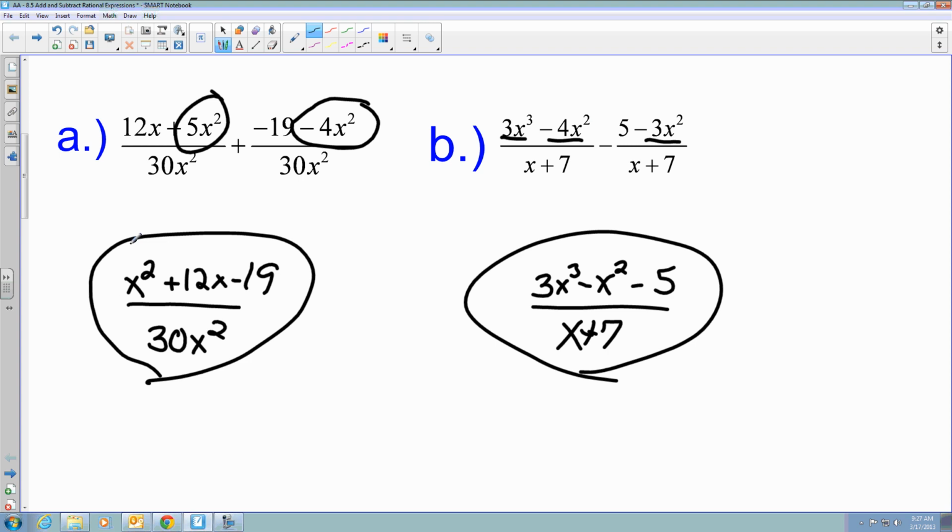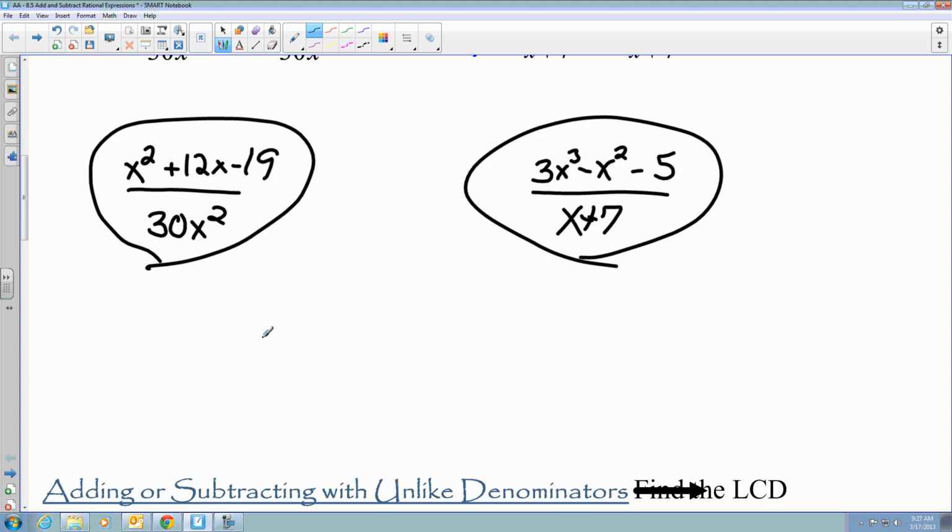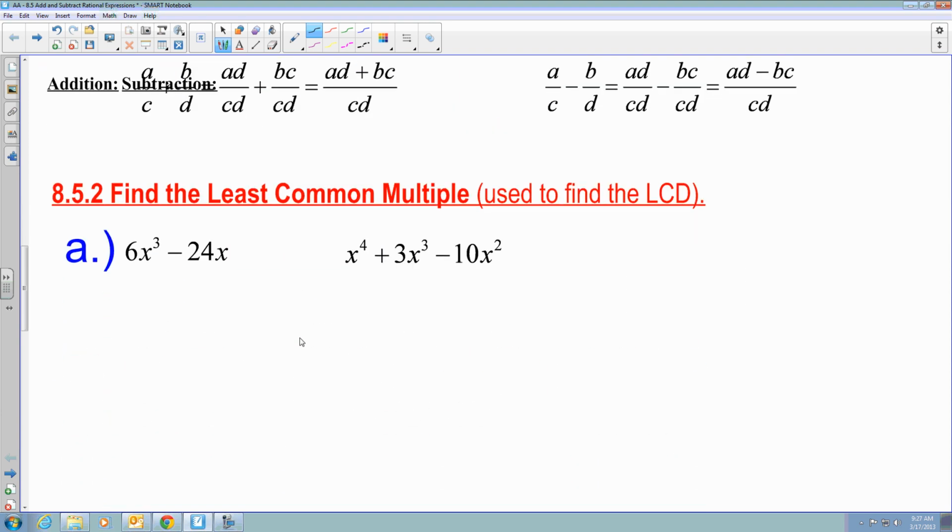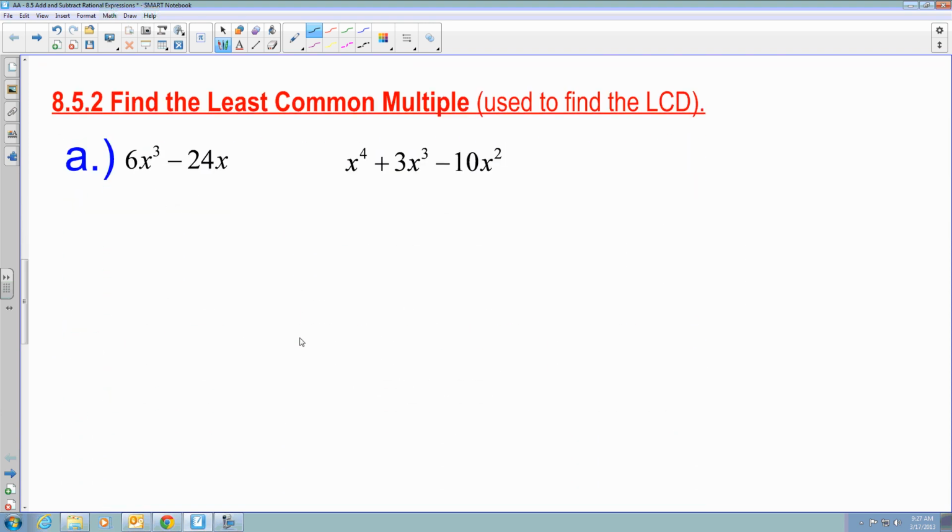So fairly simple when you have like terms, but it's when you have unlike terms where you have to be able to find the least common multiple, so we can find the least common denominator. So all we want to do is find the least common multiple here. What I can do is say, okay, I want to combine